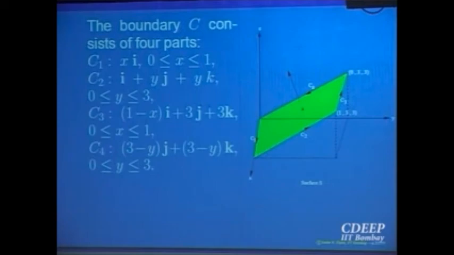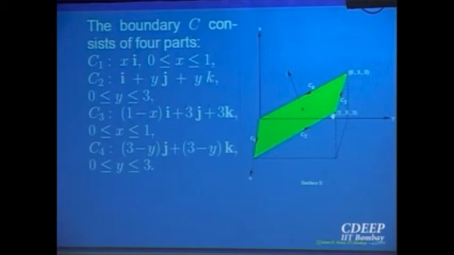If you want to verify Stokes theorem, it means for each piece you have to give a parameterization keeping in mind the orientation, from where to where you are going. Right? For example, for this one you will be going the opposite way. Right? So you will be going from 3 to 1, not 1 to 3.